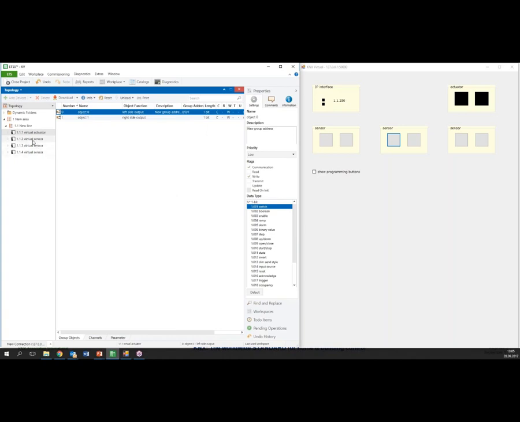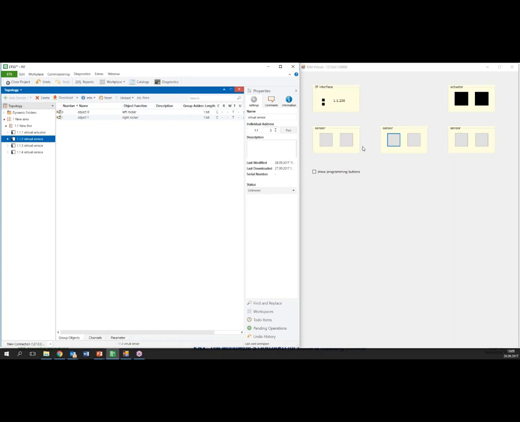Okay, what I should do then in the virtual sensor, so let's say it would be this device here. Well, first of all, let's have a look at the objects. So I have an object 0 for the left rocker and an object 1 for the right rocker. So left, right. Let's have a look at the parameters just for you to show you what the device will